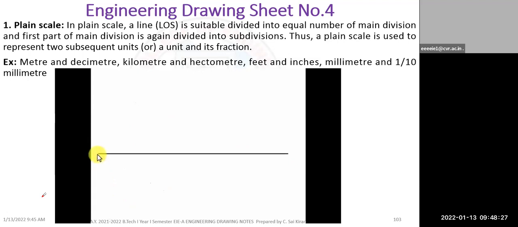For that, I'll draw a line randomly at any angle and of any suitable length, something like this. Then with a radius of 1 centimeter, I'll put up arcs. Starting from this point as the center, I'll put up the first arc, then this as the center, second arc, third, fourth, and this is going to be the fifth arc.